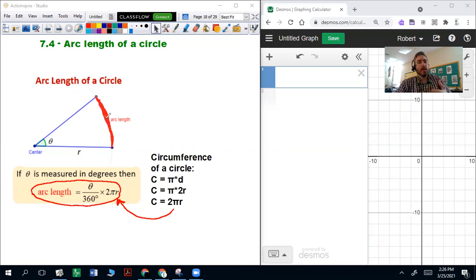So when we're trying to find the length, it's related to the circumference. Imagine drawing a circle, just draw a new circle here. You just have a portion of that circle. If I want to know the whole length around the circle, I would use the circumference, 2 times pi times r, or pi times the diameter. But if I just wanted to know a little bit about it, maybe from here to here, I would really